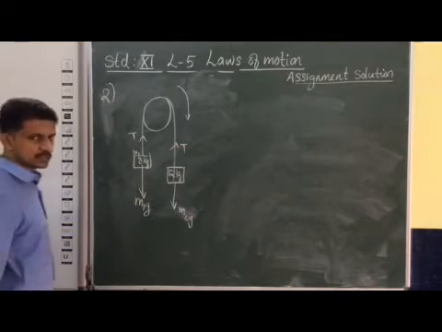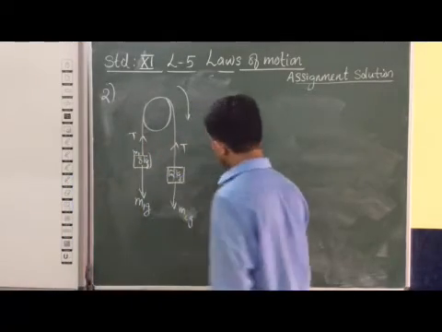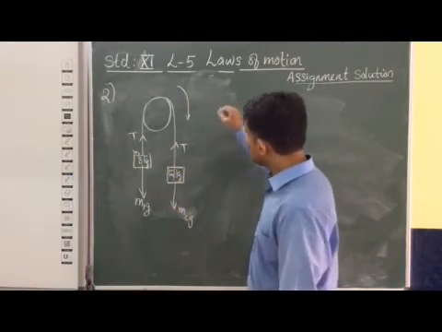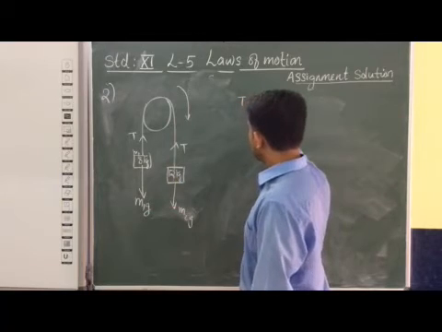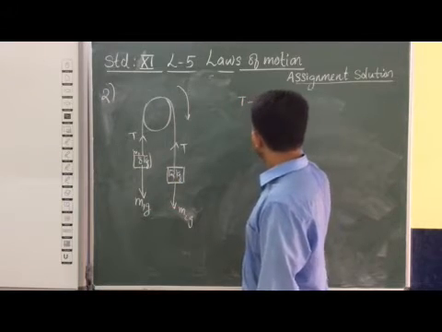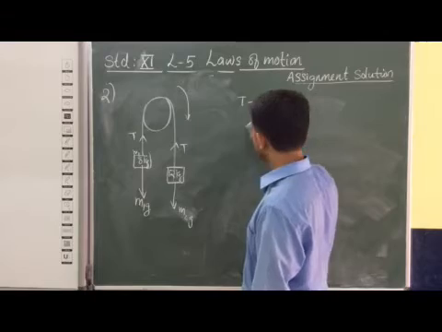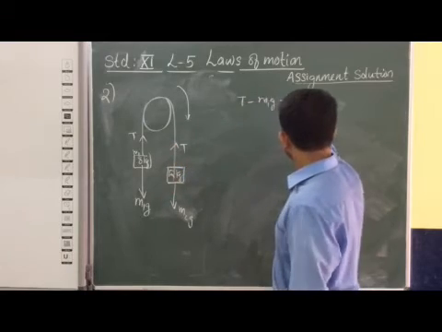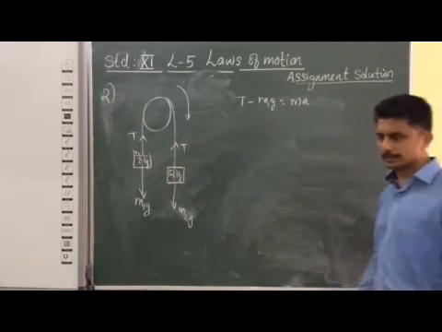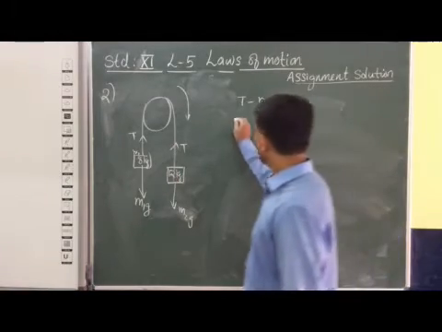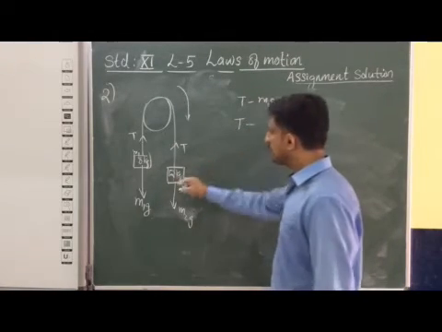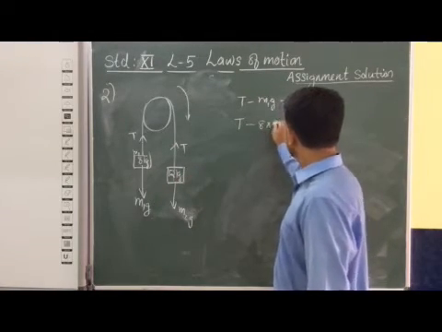So from this first case, we can write the equation. This block is moving in the upward direction. So we can say T minus M1G is equal to M into A, net force is acting. So T minus M1G, that means 8 into 9.8